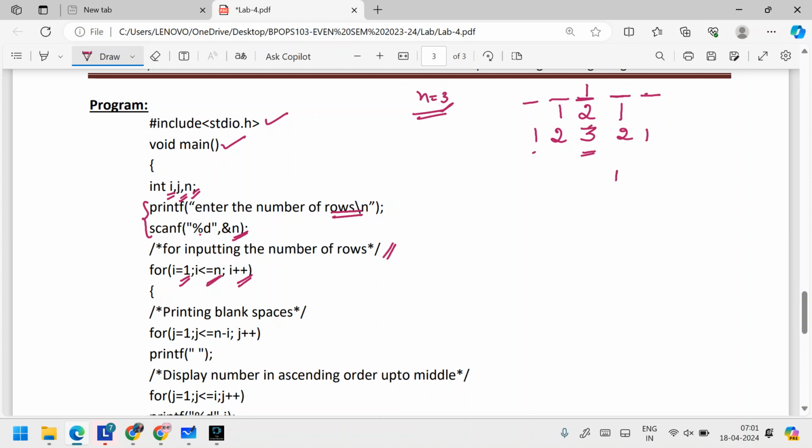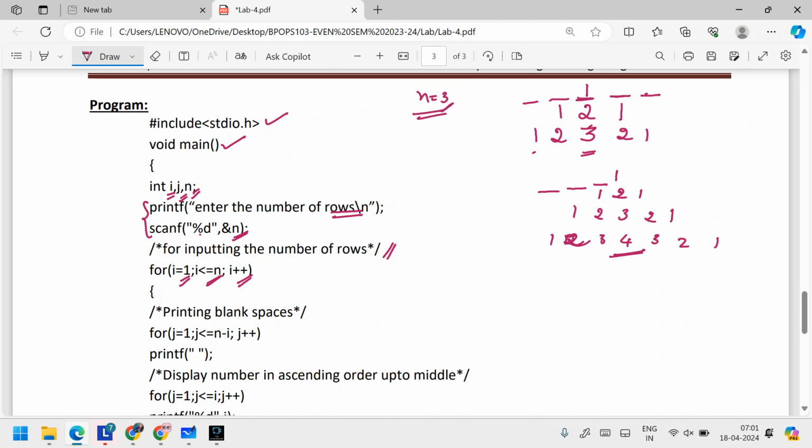For example, with 1 2 1, 1 2 3 2 1, and 1 2 3 4 3 2 1, see the number of spaces: 1, 2 and 3. When the number of rows is 4, the number of spaces is 3. So if it is n, it would be n minus 1, correct? If the number of rows is n, then the spaces would be n minus 1.